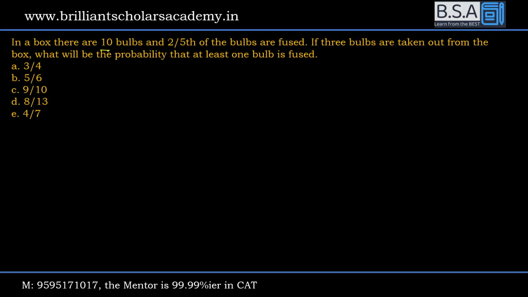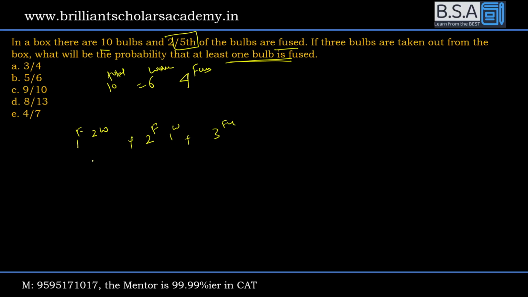देयर आर 10 बल्ब्स, 2/5 of the bulbs are fused। तो 10 का 2/5 is 4। 4 बल्ब फ्यूज्ड हैं, 6 बल्ब वर्किंग है, टोटल 10 बल्ब्स हैं। If 3 bulbs are taken out from the box, what is the probability? At least 1 bulb is fused। कम से कम एक तो फ्यूज्ड है। तो ये हो सकता है एक फ्यूज्ड है, 2 वर्किंग है, या फिर 2 फ्यूज्ड है, एक वर्किंग है। ये भी हो सकता है 3 के 3 फ्यूज्ड हो। ये कैलकुलेट करना आपको इजी लग रहा है, या मैं कह दूं 1 माइनस ऑल वर्किंग।